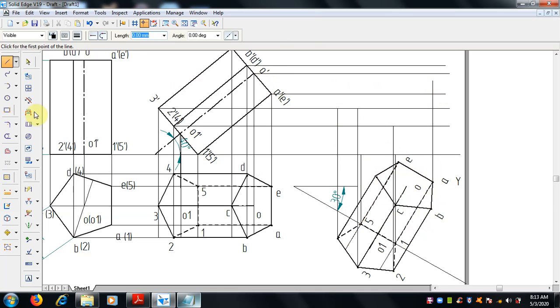Next, for the top ABCD also, we have to project A to A where it meets, and then trim it off. If it doesn't come properly, A is okay, and then draw a line projector for B, it will meet here.